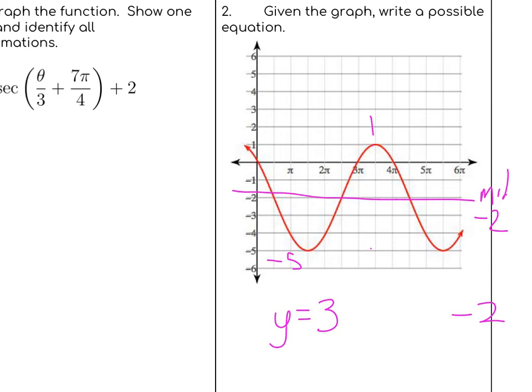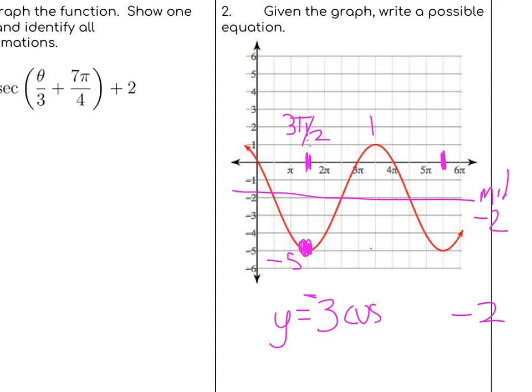Maybe I'll pick cosine. And maybe that's where I start. So it's going to be negative 3 cosine. It's going to be negative because we're starting down at the bottom instead of up top. So instead of starting at a max, we start at a min. And this right here is 3 pi over 2. And we end here,